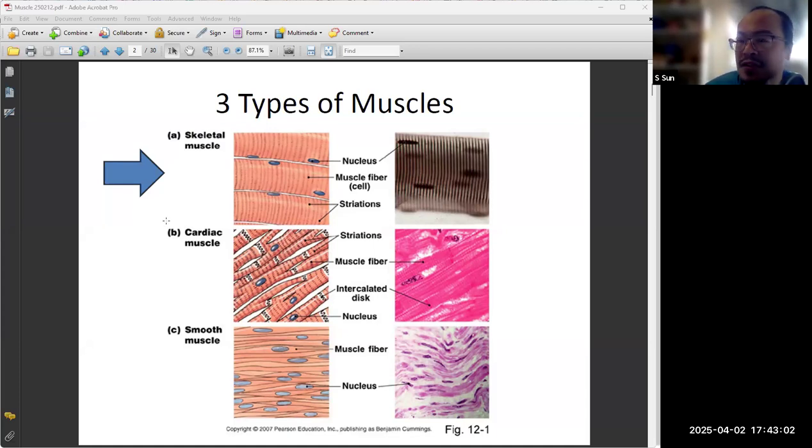But for the skeletal muscle, the fiber is pretty long. Each fiber is a muscle cell, and this cell is produced by merging many cells all together. So this finalized cell has multiple